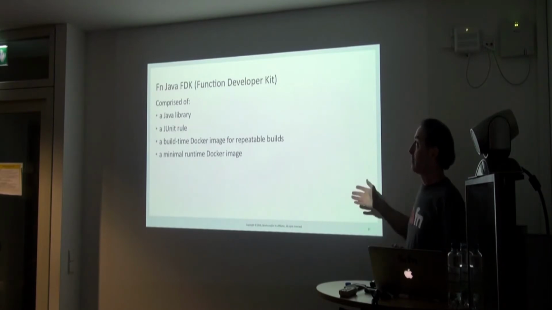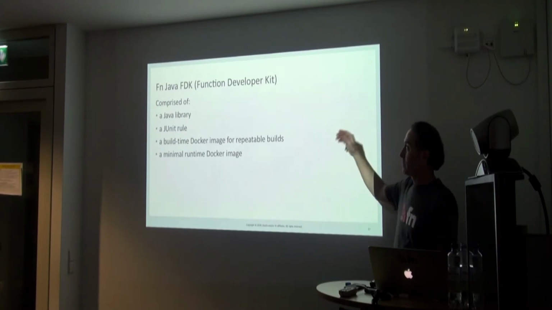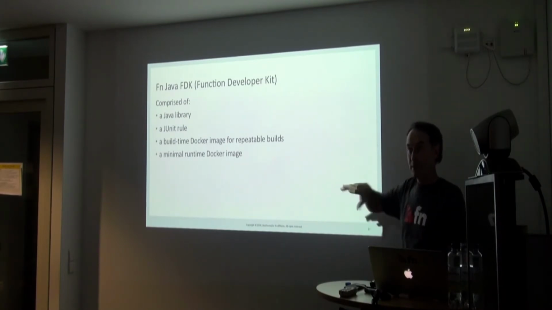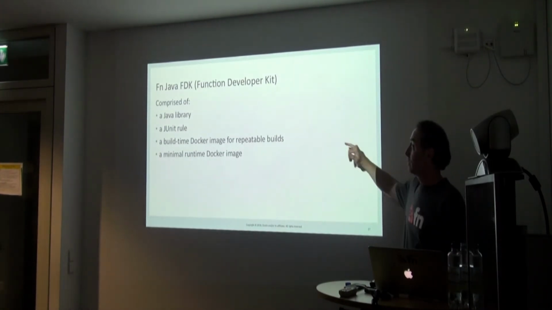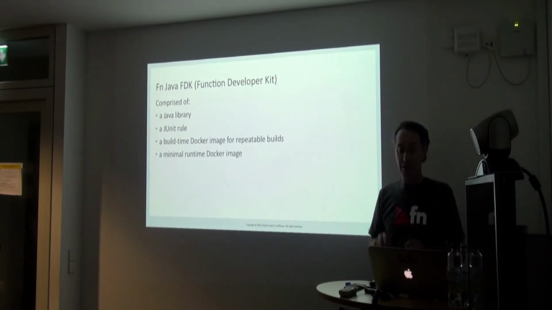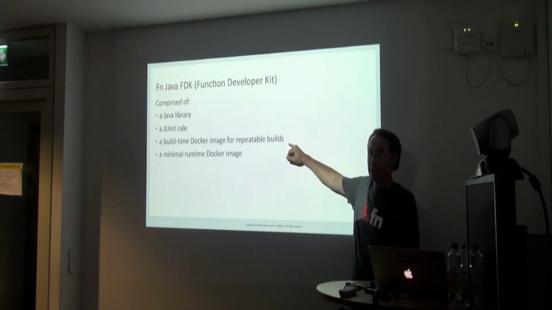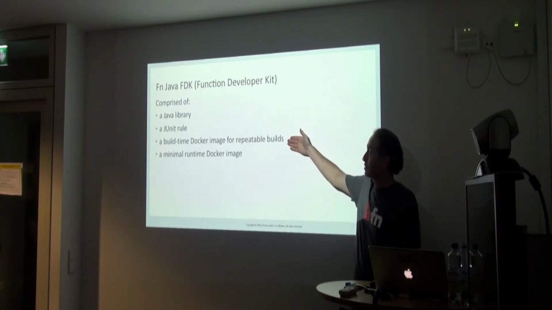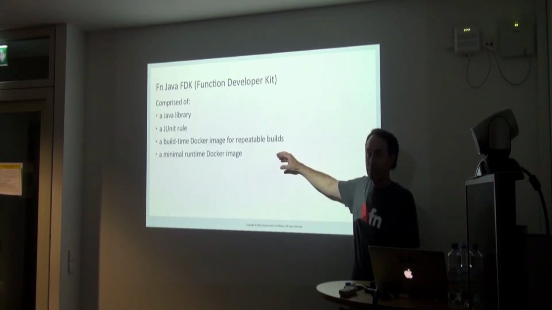For Java, we have this FDK. We have a Ruby FDK and a Go FDK, and so on. We have a Java library, so an API that applications can use. We've got JUnit testing support, we have a JUnit rule. We have a build with all the tools. So when you're building with FN, you can actually not have Java installed. You can create a function, write the source in a text editor, and actually build and compile. We have a Docker image within the build that contains Maven, javac, and all the build tools. We build in one image, take the results you produce, and put them in a smaller image for runtime. We'll talk about that later.